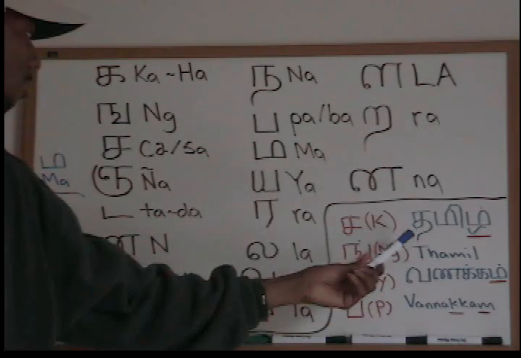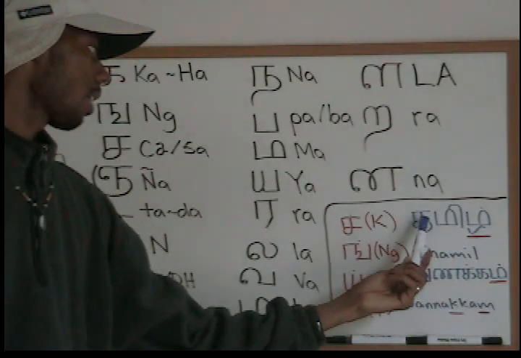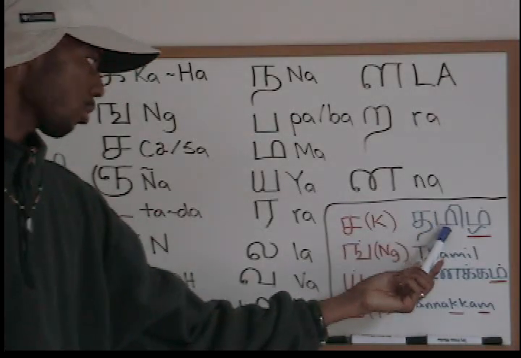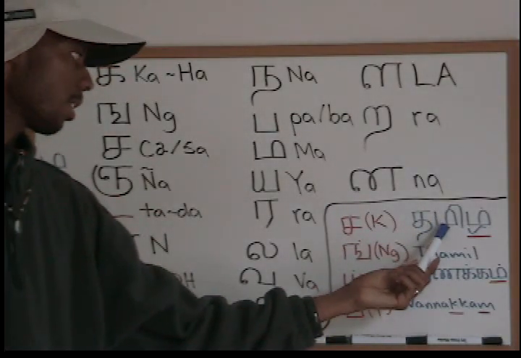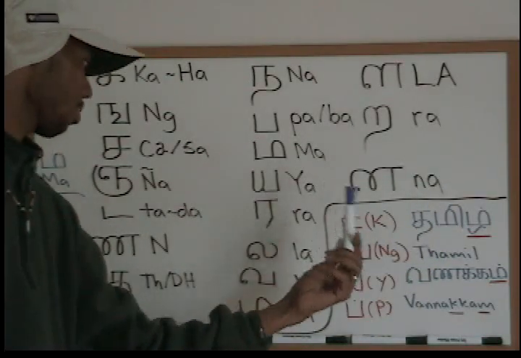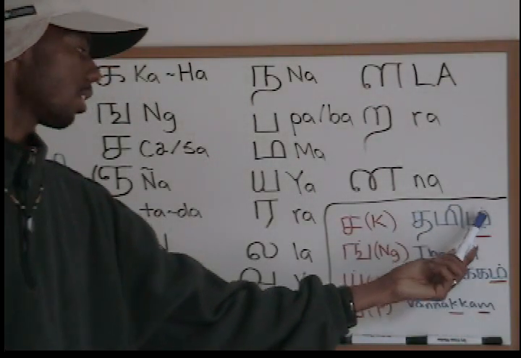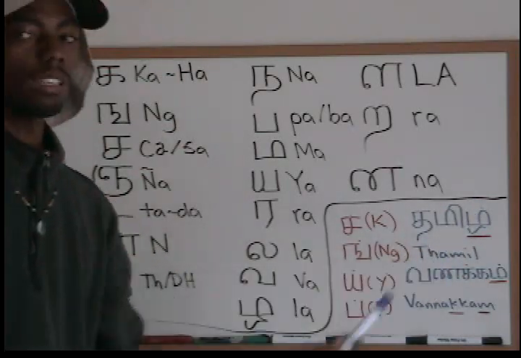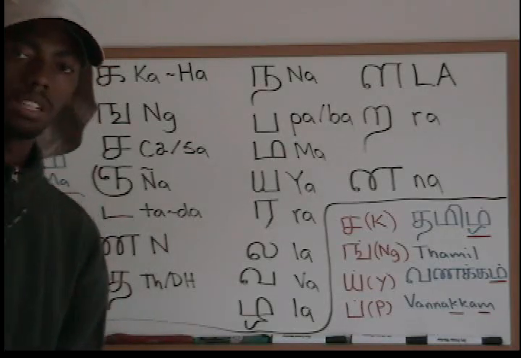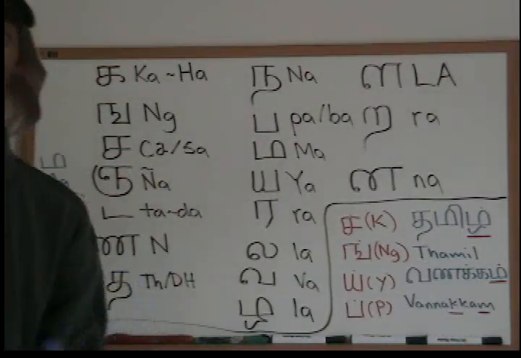Now the example I've written here for you guys is the language Tamil, right here. Now here, as you can see, the M is here, but it's connected with the vowel, the E, which I'm going to make a chart for after the next part. It's connected with the E, making it me. So Tamil, and it's the L. It has a dot on top of the L, so it's not la, but Tamil. So that's the first scenario.